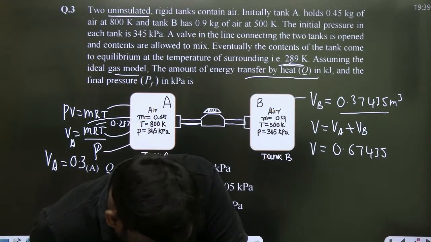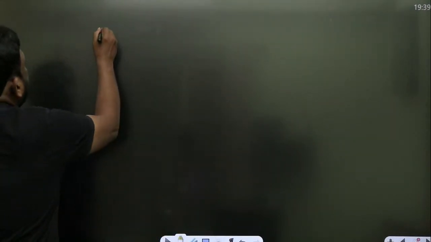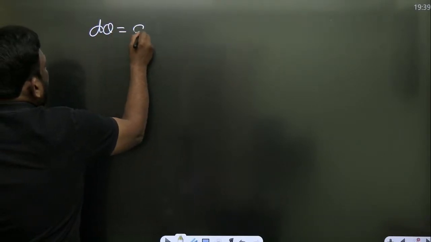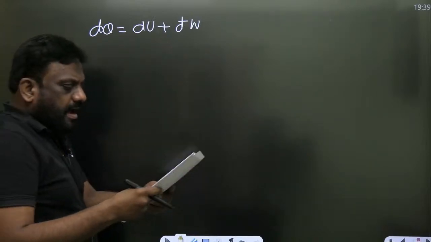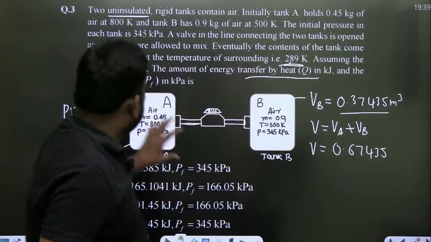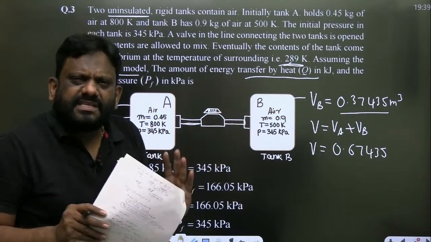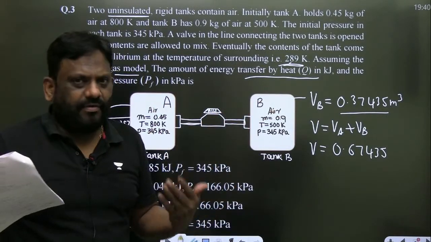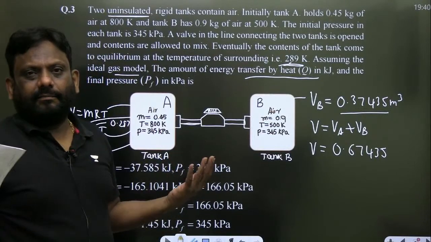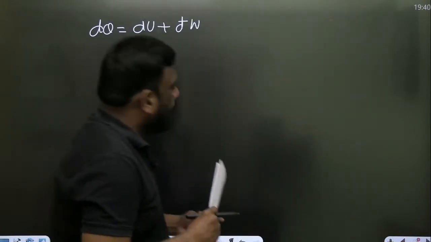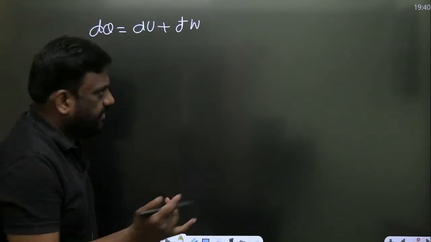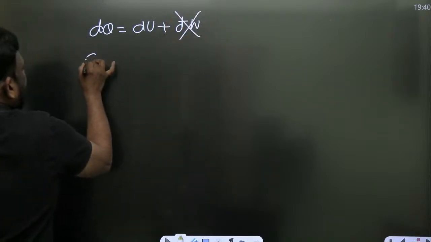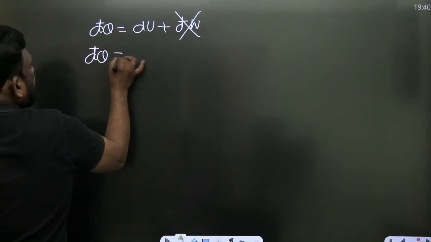Shall I proceed? चलो कोई बात नहीं, इधर देखो सर कैसे करें। One more thing, D dash Q is equal to DU plus D dash W, ठीक है सर। How much work are you getting? Anyone? This is a rigid container. Mixing में कोई work नहीं मिलता है आपको. You know very well. In mixing you don't get any work. Okay? Right. Now, therefore, they are rigid containers, and you are not getting any work from this. Now you are supplying any work. तो ये zero होगा. So can I write the heat transfer is equal to change in internal energy?